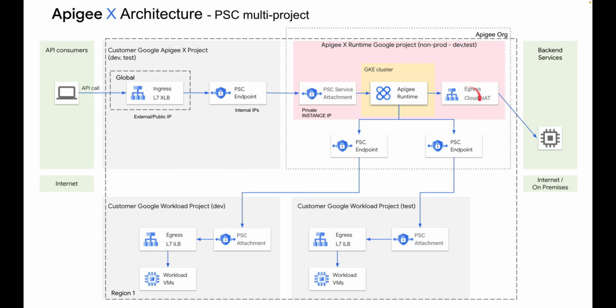What is also very interesting is that I can create a Cloud NAT here in order to go out of the Google environment with some specific IP addresses that can be controlled at the on-premise level, for instance. And this is very useful for IP whitelisting. If I want to be sure that the traffic is coming from a very specific set of IP addresses, I can control it, as I can set Cloud NAT here on the egress of my